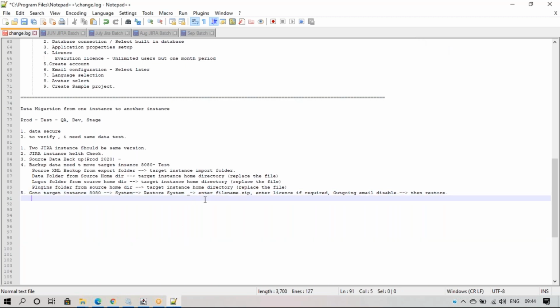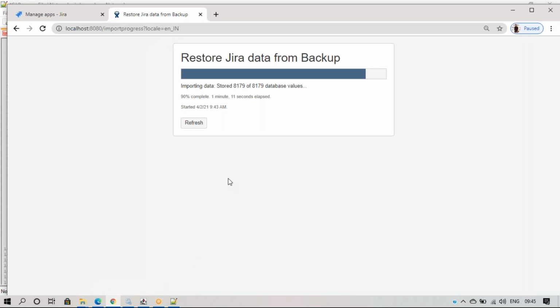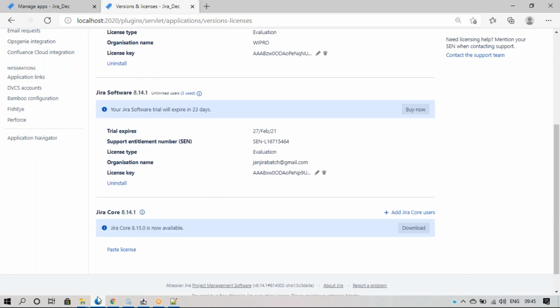Okay, so this is the complete process. Once you move all the files, go to the target instance 8080 system, then restore system. Then we need to open this one, enter the file name .zip, enter the license if required, disable outgoing email, then restore. This restore will happen, and once it is 100% completed, the same data will come to this place.